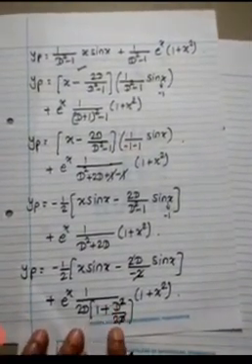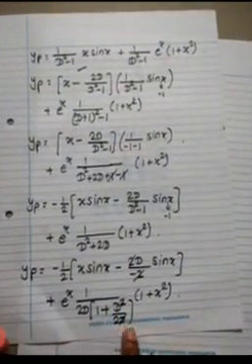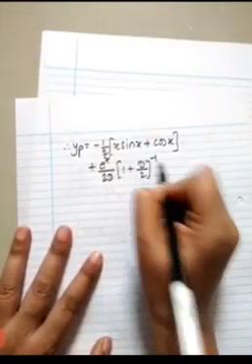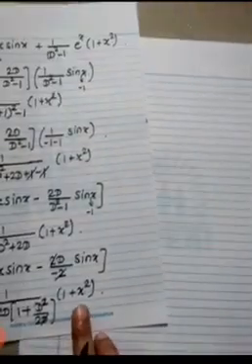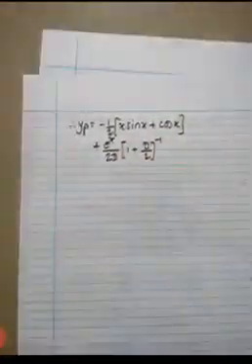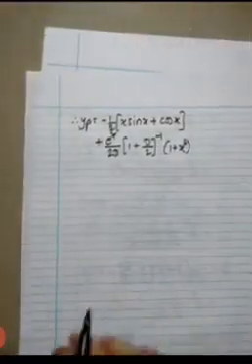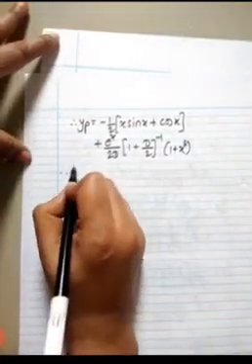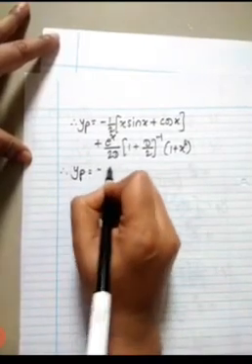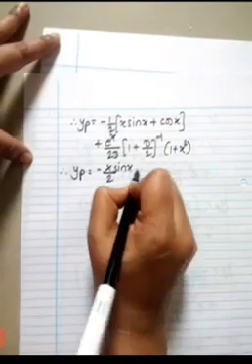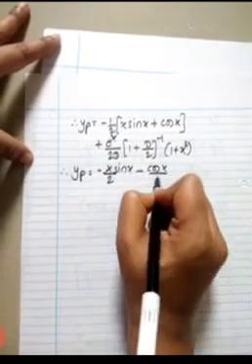So it is 1 plus d by 2, 1d is cancelled already, so 1 plus d by 2 inverse into, what is our function? 1 plus x square. Therefore yp is minus x by 2 sin x minus cos x by 2,